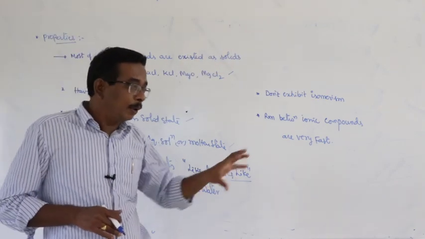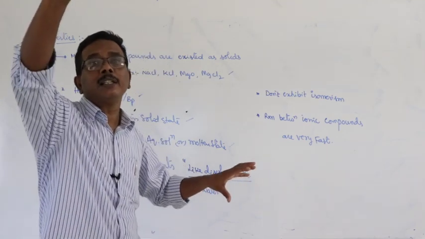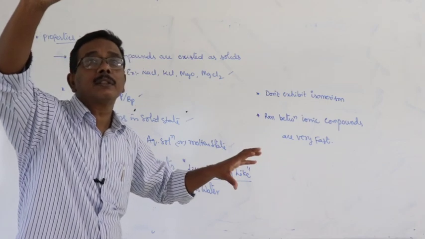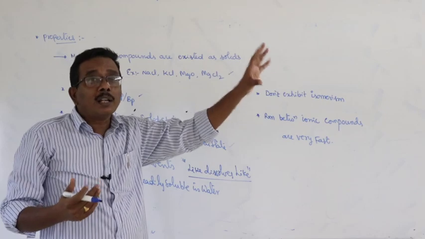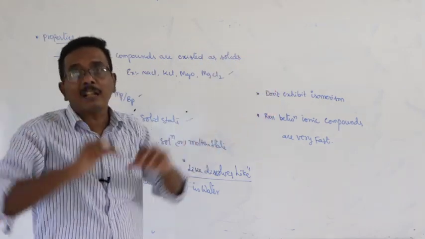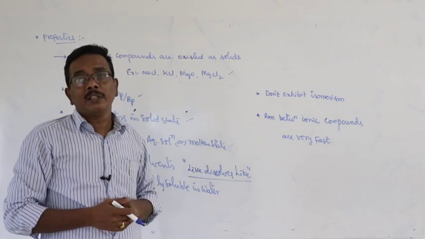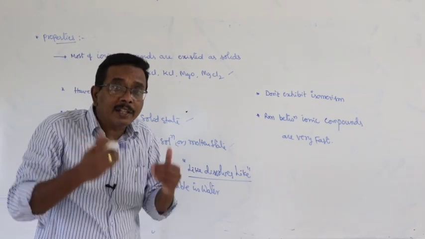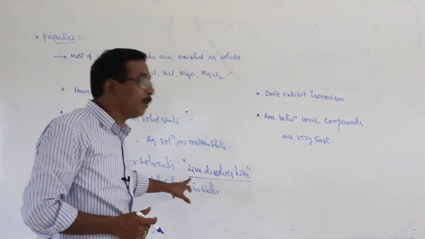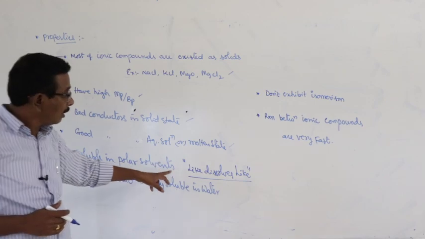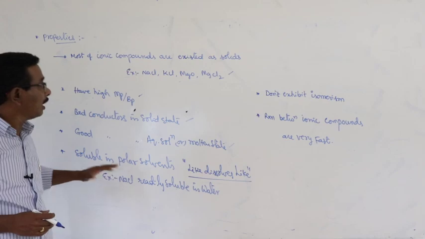Okay, next example. Naphthalene is a non-polar, organic substance, but water is a polar solvent. This non-polar substance is insoluble in the polar solvent. Means what? Polar substances dissolve in only polar solvents. Non-polar substances dissolve in only non-polar solvents. That can be studied in the next classes or in senior inter in the chapter solutions under the topic like dissolves like. This is about the solubility.